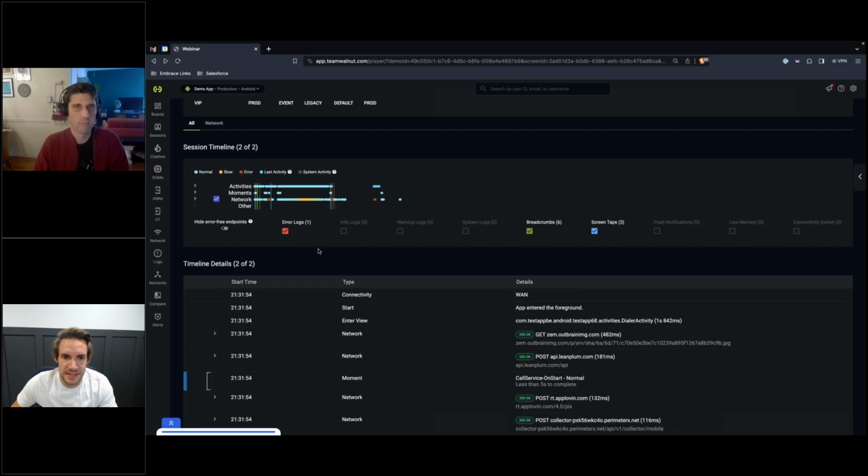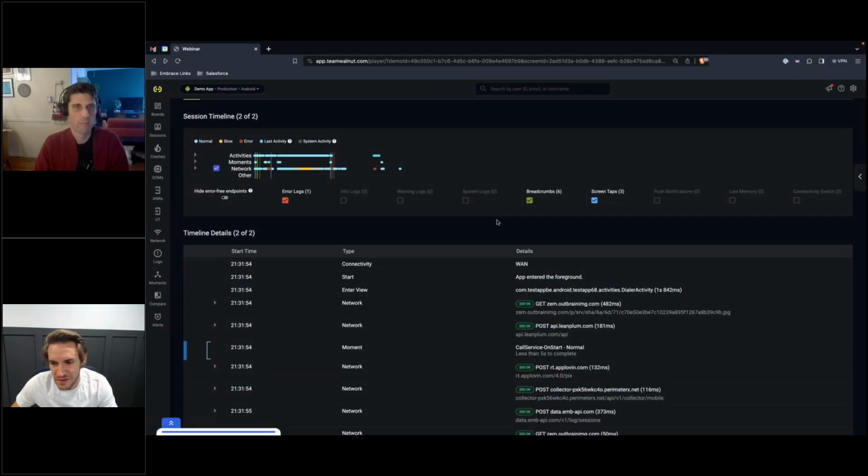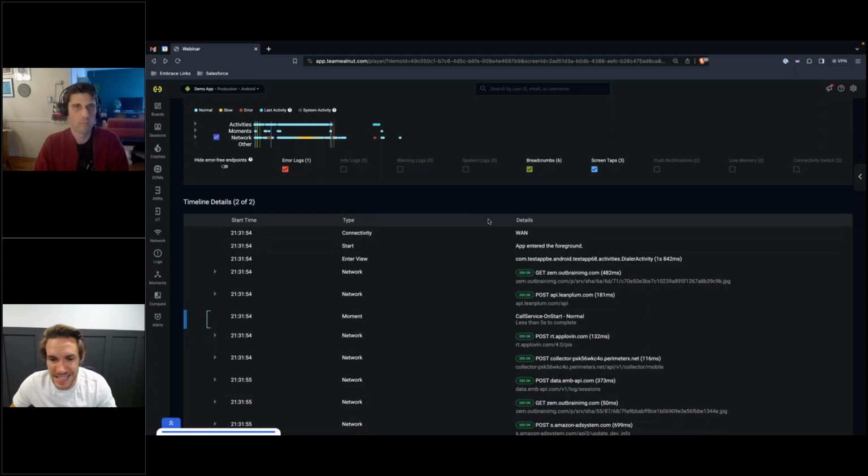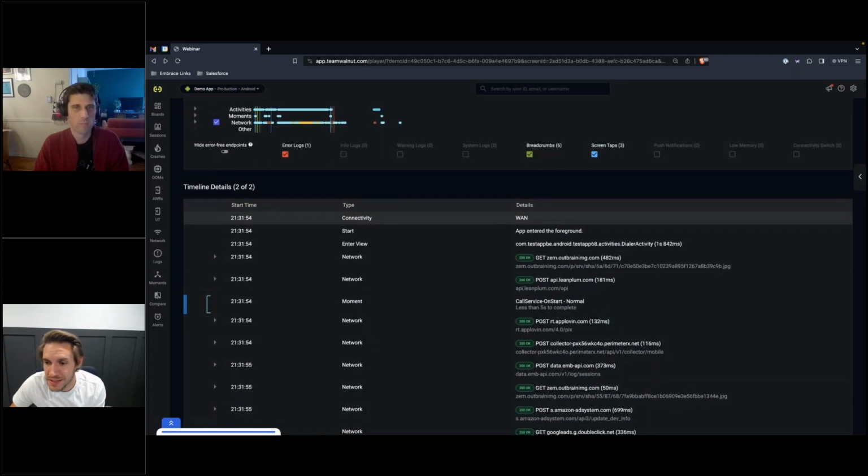So with all of that, the session timeline here, we lay that out, just like it sounds, into a timeline. In timeline details, I'll be able to see connectivity. We'll also capture automatically if a user's in low power mode. We have seen around 20% of our users across Android and iOS being in low power mode. And that it tends to cause slow performance, and you just have less resources available, right? So it could lead to some crashes maybe that are hard to solve or slower performance. Those sorts of things will add, again, context into what actually is happening for the user.